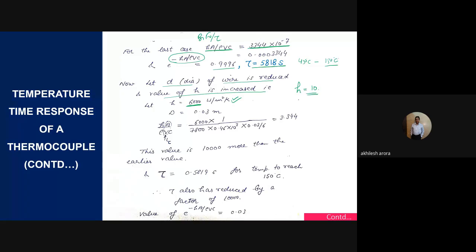The diameter in the previous case was 5 centimeter. Now I have reduced it to 0.03 meter, which is actually equal to 3 centimeter. Okay, and I have tried to calculate the value of this quantity hA over rho Vc for the sphere. Now this value comes out to be 3.344. Okay, and what was this value earlier? The earlier value was this one,